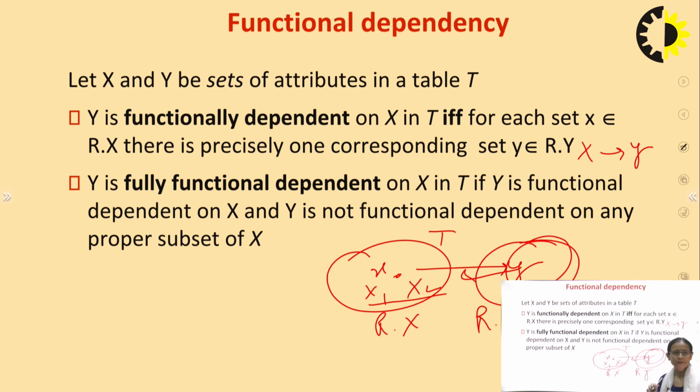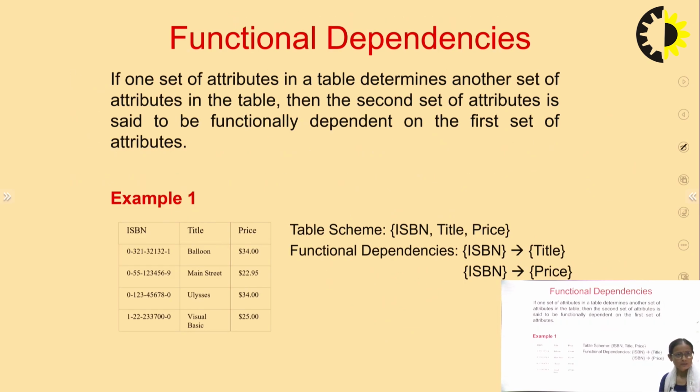We should not have any attribute in this particular domain where Y is partially depending on X. That is, no such kind of dependency should exist. When we have such a thing, that is X2, X1, Y is dependent totally on these two candidate keys, then we say it is a fully functional dependency. This is how we can see it in our table.